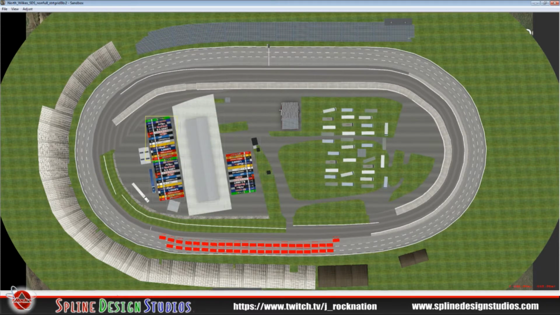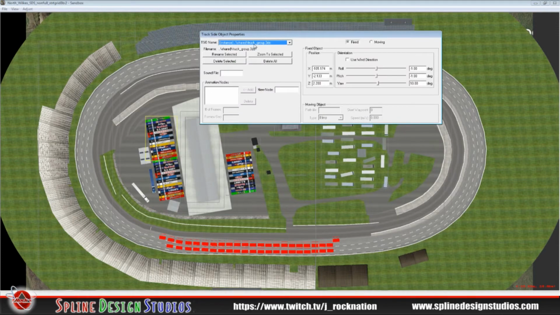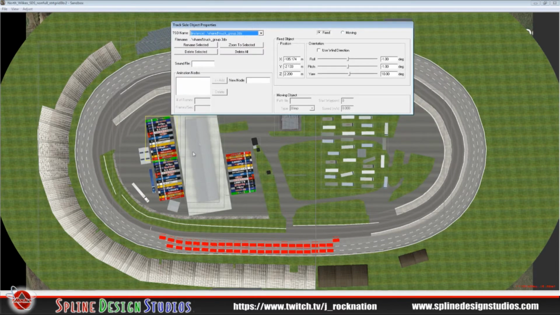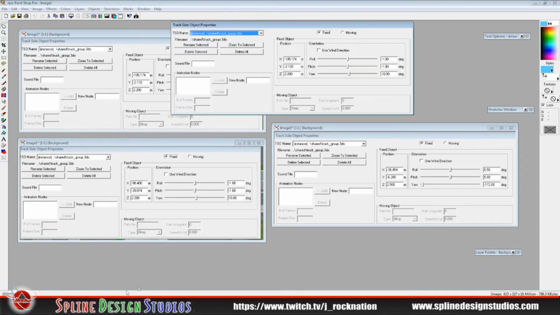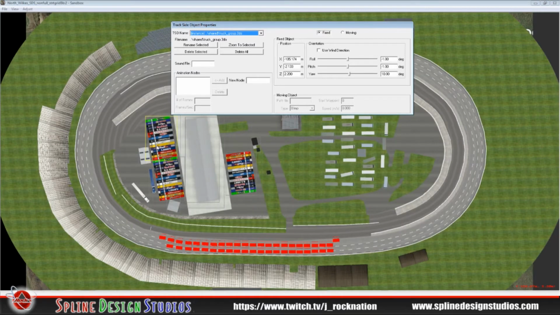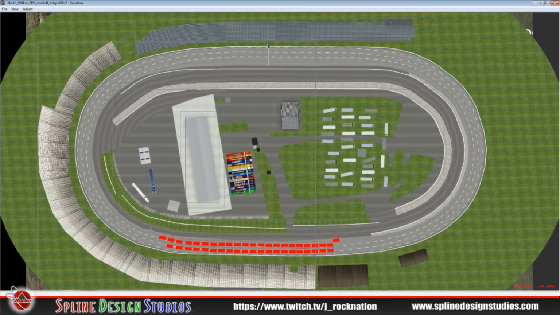Then, for each of the items you want to replace, snippet the properties of those items into your favorite paint program, as I've got here. I've got these three objects that I want to directly install to the track and not call from the shared, and these are all snippets of their properties. Once I've got all those saved, I can delete these items out,